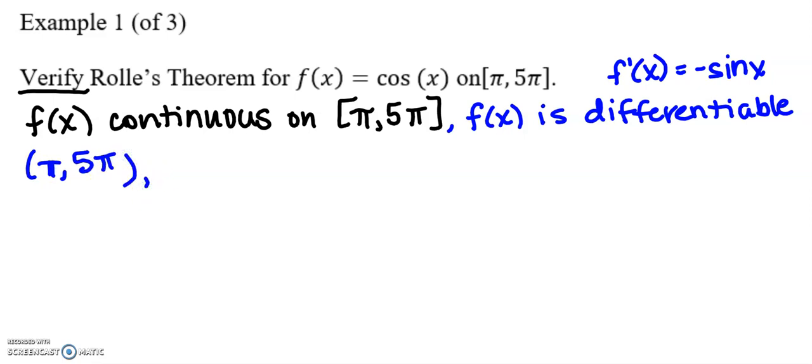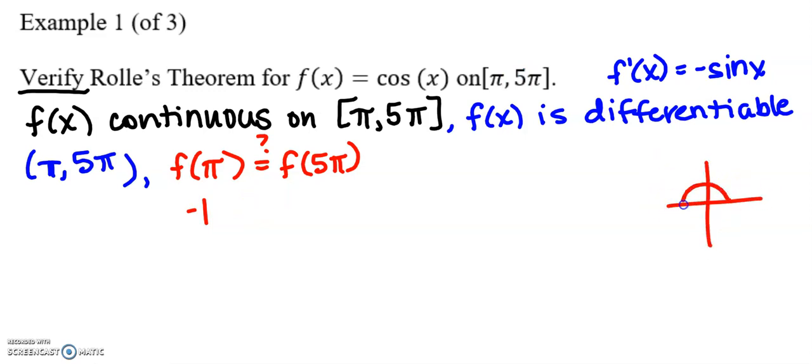And our last condition that we need to check is f of pi equal to f of 5 pi. Well, let's find f of pi. The cosine of pi is going to be negative 1. And f of 5 pi, if we think about the unit circle, 0, 1 pi, 2 pi, 3 pi, 4 pi, 5 pi is coterminal with pi. So we also get a negative 1 value for cosine. Because this is true, Rolle's theorem will apply. So because of these 3 things, f of x is continuous, f of x is differentiable, and f of pi equals f of 5 pi,